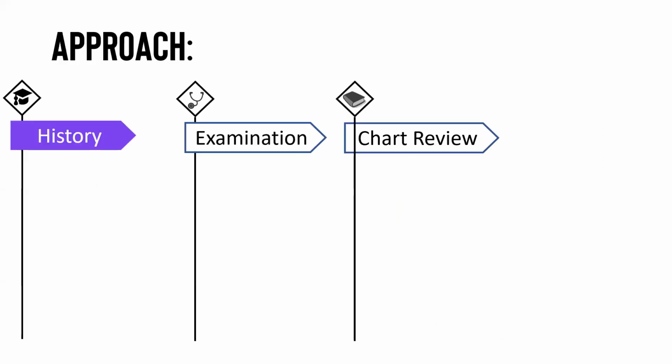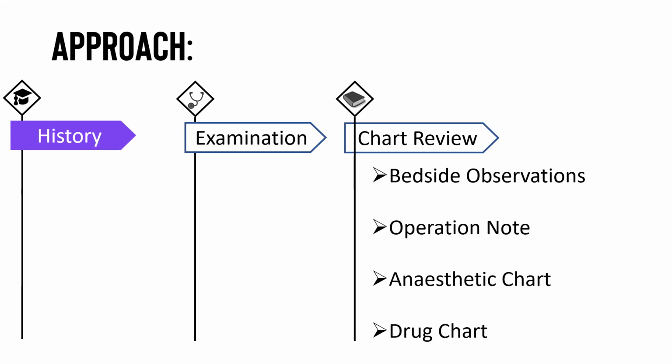Now, we've gone through the history, the examination, and while you're at the bedside, you want to look at the chart. So this is a common OSCE question. They'll ask, what things do you want to ask for? And in this, certainly you want to ask for your bedside observations, so you can see the patient's observations. You want to have a look at the operation note and see what the patient's had, whether there are any intraoperative complications. You can look at the anesthetic chart, and specifically what you're looking at is, have they had a